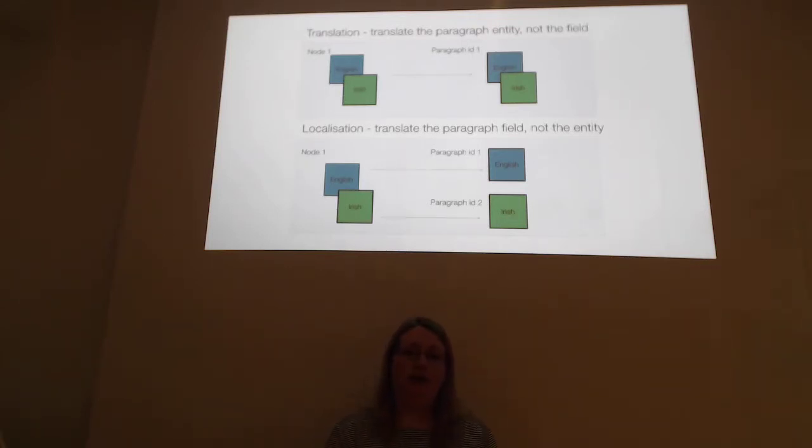So when you translate the English to Norwegian node, you don't tick the field and the node and that big long list of checkboxes I showed you earlier. You tick the bundle at the top, which means that you have one node ID in English and Norwegian, and then you've got one paragraph entity ID in English and Norwegian.